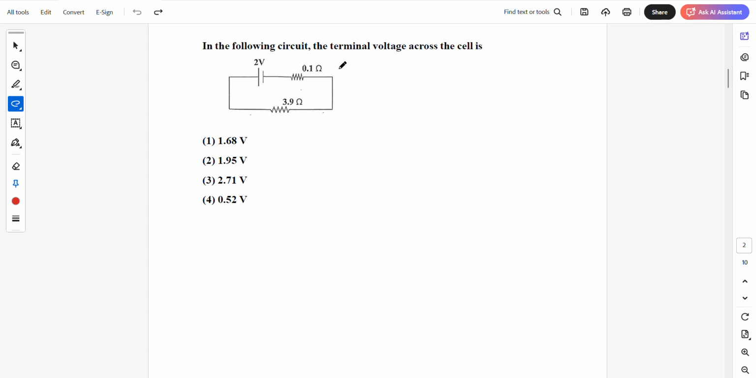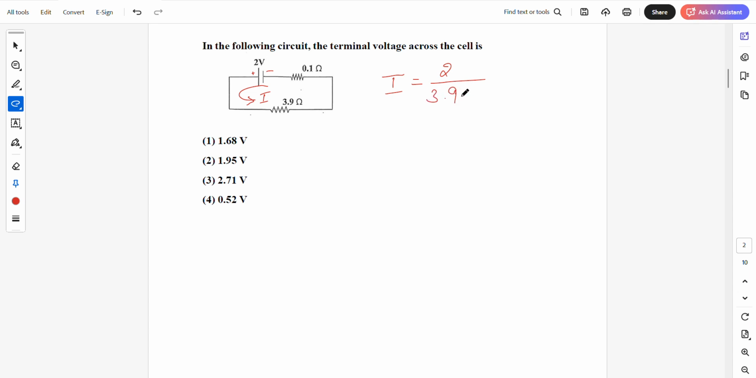What it is saying: in the following circuit, the terminal voltage across the cell. As soon as you see this one, first you try to calculate the value of I. Okay, because this is a positive terminal, this is a negative terminal. I is equal to what? Total voltage by total resistance. 2 divided by